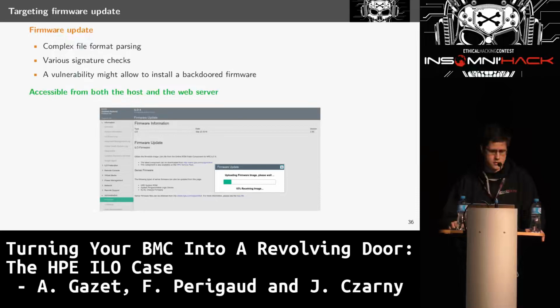With iLO 5 version 1.39, they actually introduced an anti-downgrade feature, new policy settings that you can enable using the web interface. But it's still a software fix in the update code that will check the version to be sure that you don't downgrade the firmware. We think it's a status bit that is stored into the EEPROM. You have no way from an interface to disable it once you have enabled it,